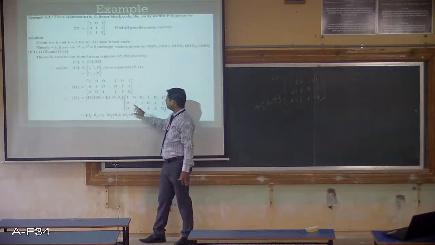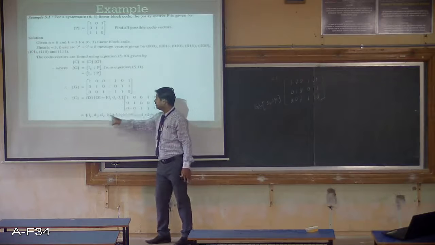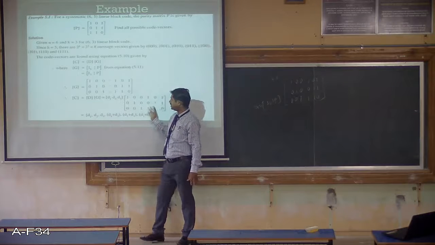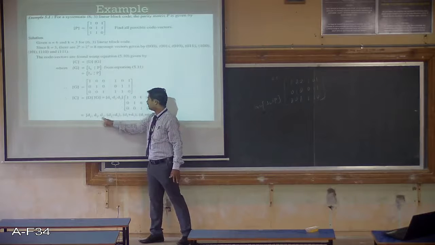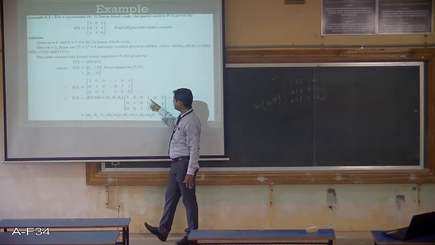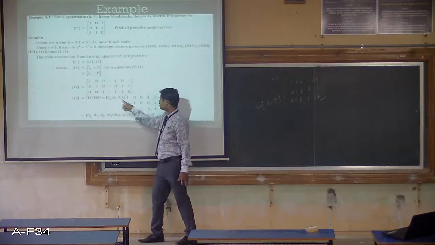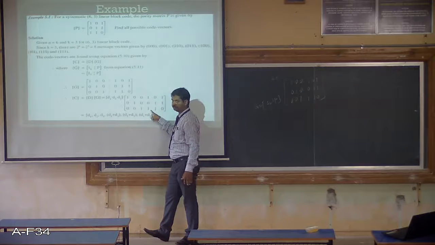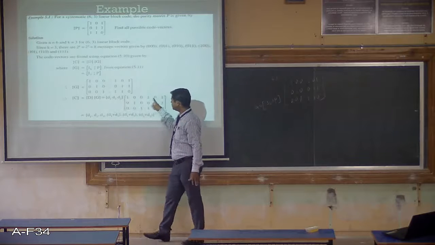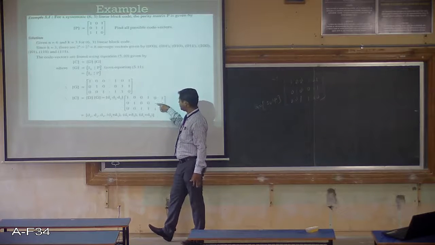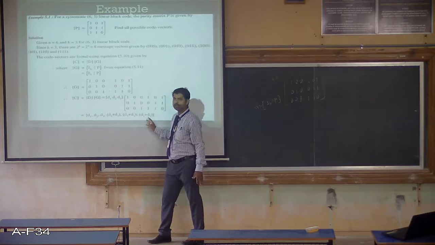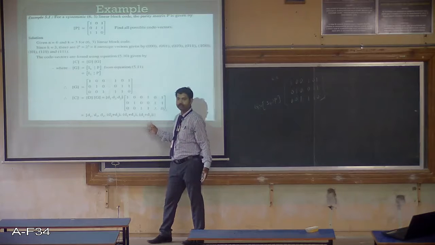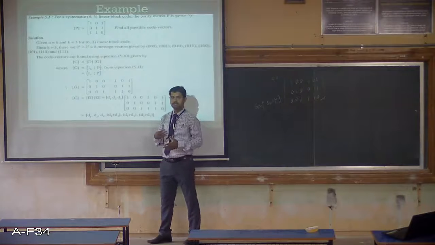D1, D2, D3, just put the same G. Then you can just multiply D1, D2, D3 with this. Here D1 plus D3, if you multiply this row, this column. Next multiply this row, this column. It is D2 plus D3, it is D1 plus D2. In equation form you can just put it up, it is better, so that I can immediately produce the code words next.